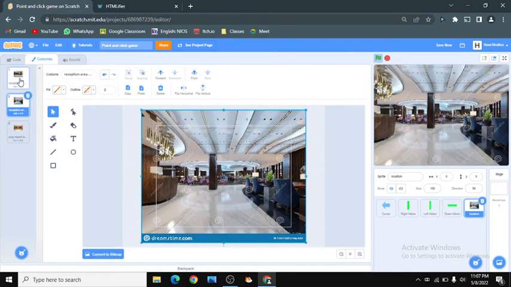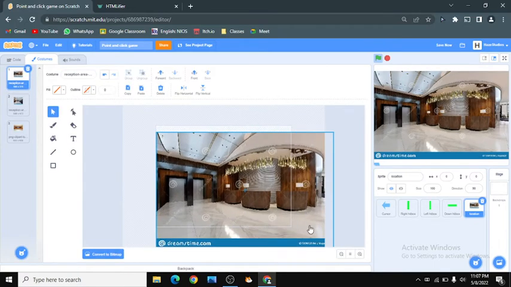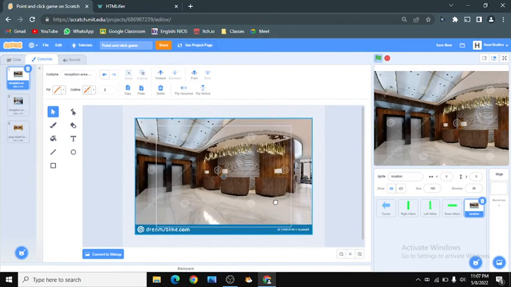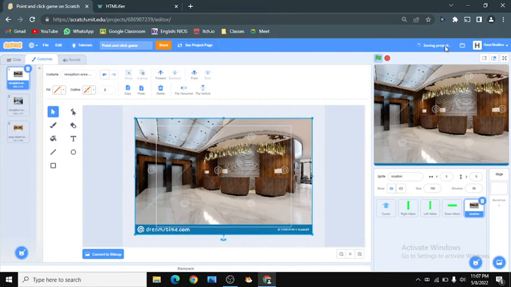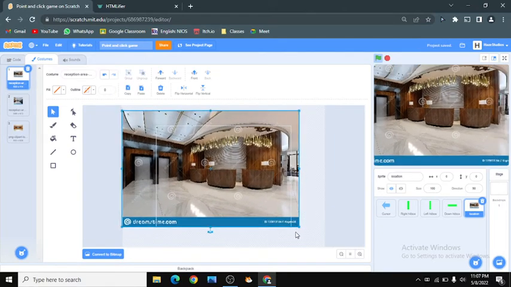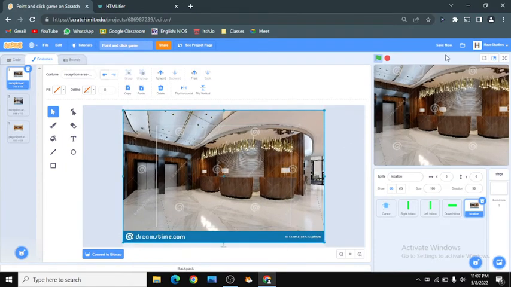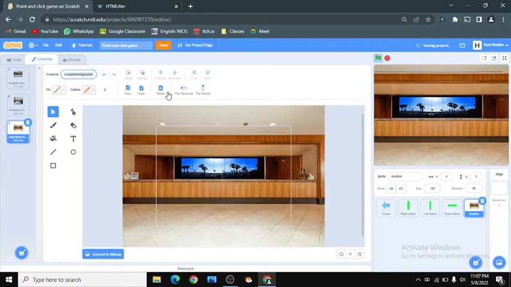Okay, and now I just hit this, and boom. Oops, that part is sticking out. Okay, yeah, so it's a little bit laggy. Sorry. Okay, so now I'm just gonna call this lobby or something. Lobby. I'm just gonna center.